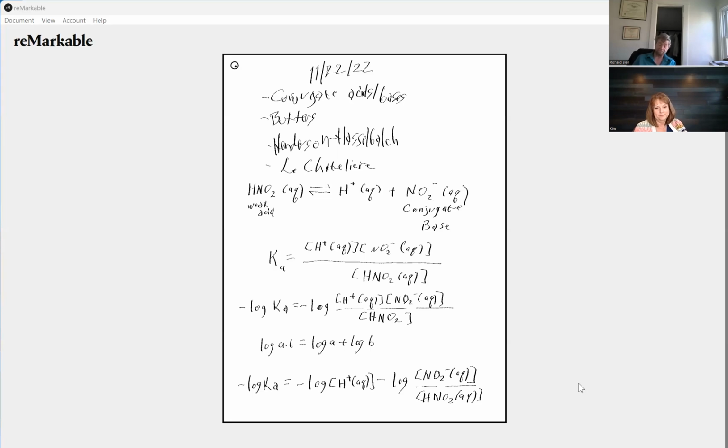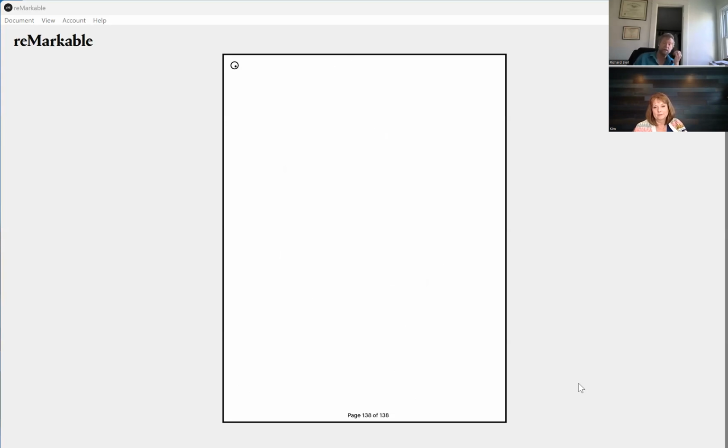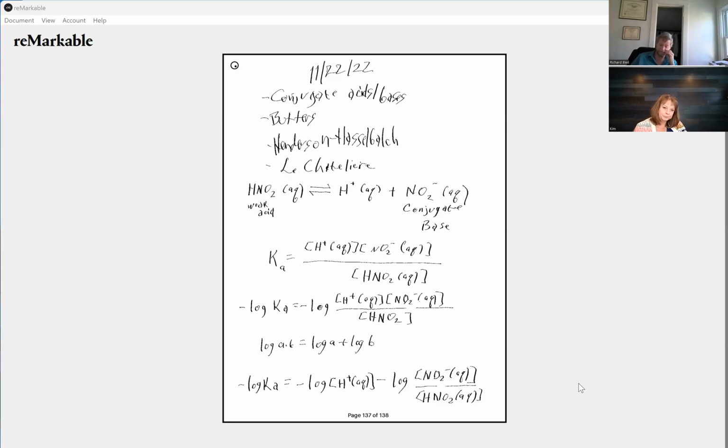Well, keep in mind, we should recognize pieces of this. The negative log of the hydronium concentration, that's just pH. The negative log of any number x is px. So here we have not pH, negative log of Ka is called pKa. And we can add this log to the other side. Notice it's the conjugate base over the acid. So we have